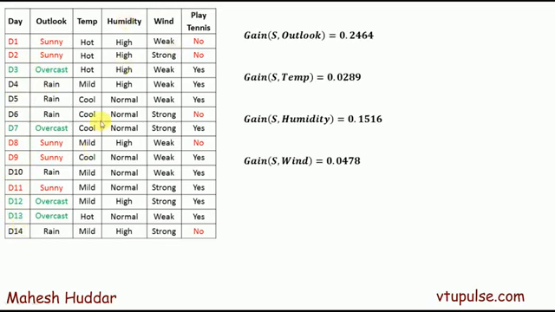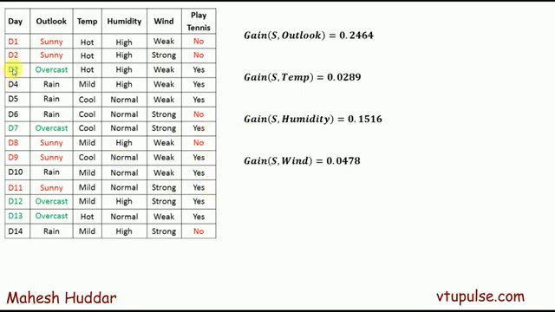And one more thing we need to notice here. Whenever I consider sunny as one branch, what is the target variable? So here D1, D2 are no, D8 is no, D9 is yes, and D11 is also yes. So out of 5, 3 are negative and 2 are positive. So we cannot say whether we need to put yes or no over there. That's the one thing we need to understand.